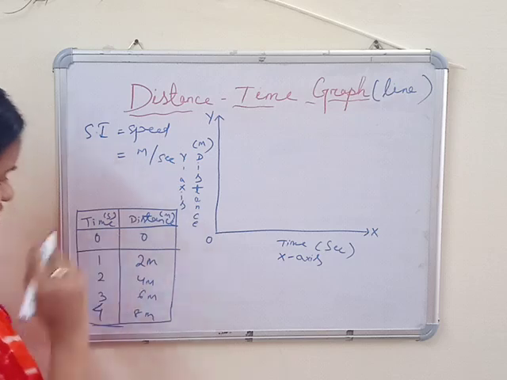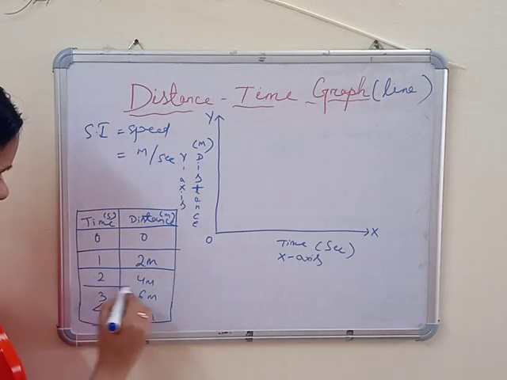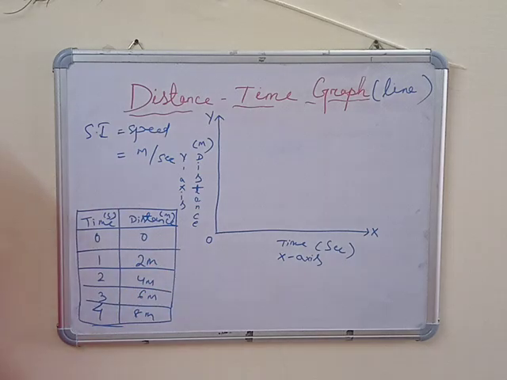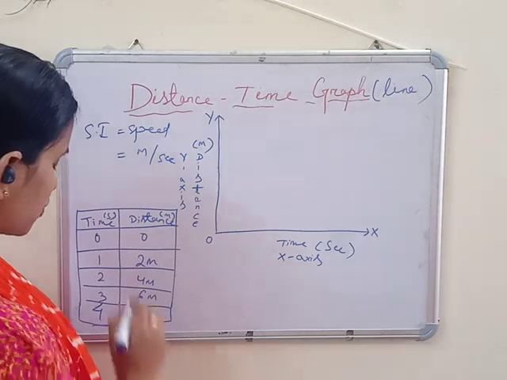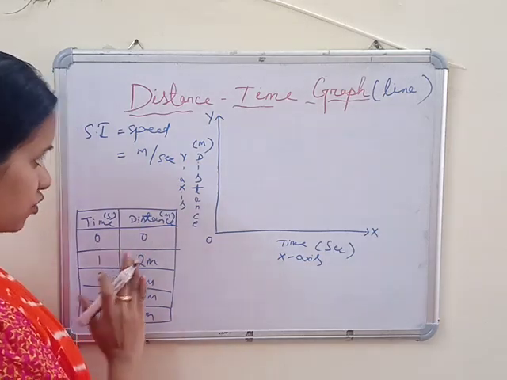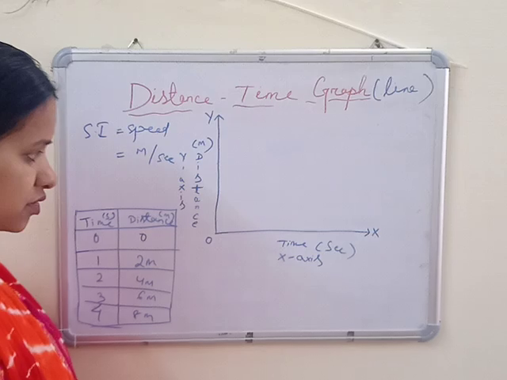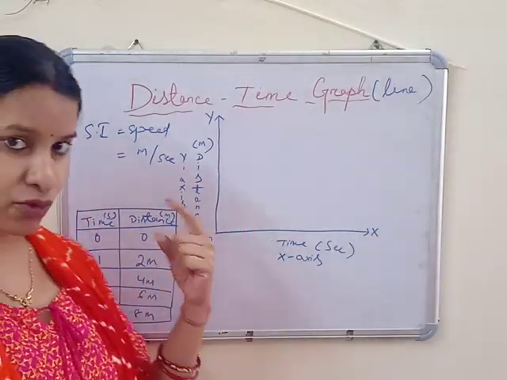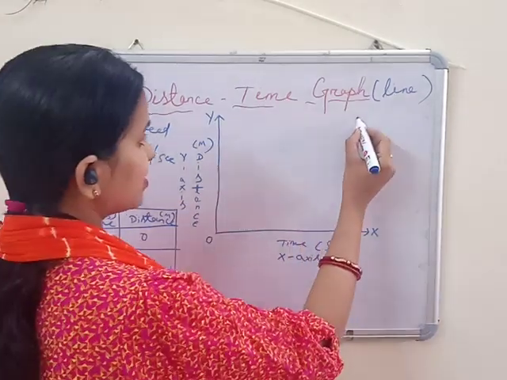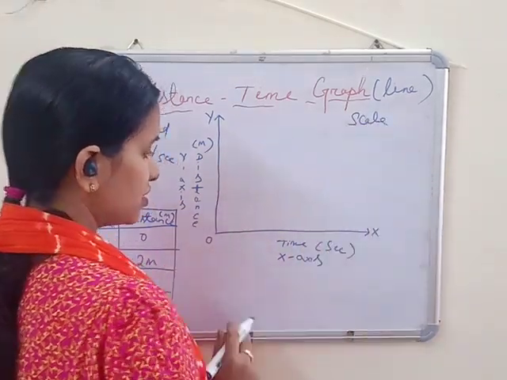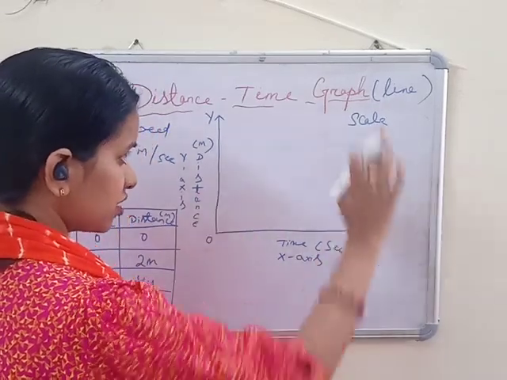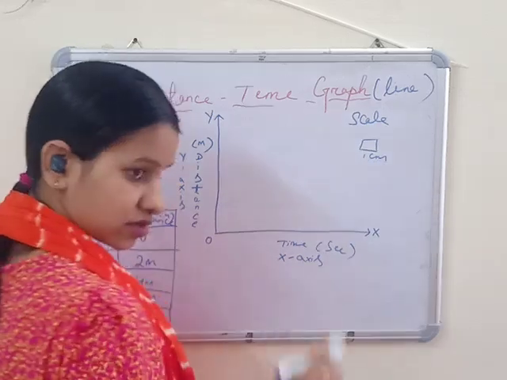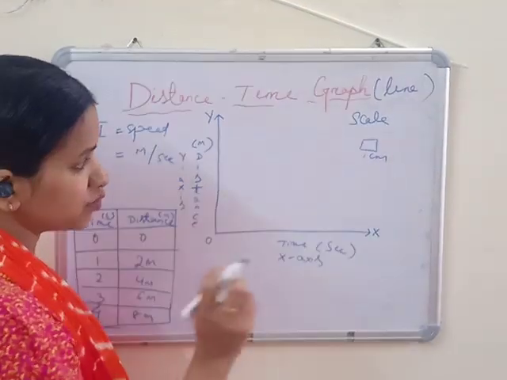So from this given data you can find a particular pattern. You can see that in every second the distance covered is the same. So just interpret it. The data is given to you and you have to draw it like this on the graph paper. Before you plot this data on the graph, you have to do one more important thing, that is finding the scale of the axis. Scale means, in the graph paper each box means 1 centimeter. There is a box system in the graph paper, that is 1 centimeter.